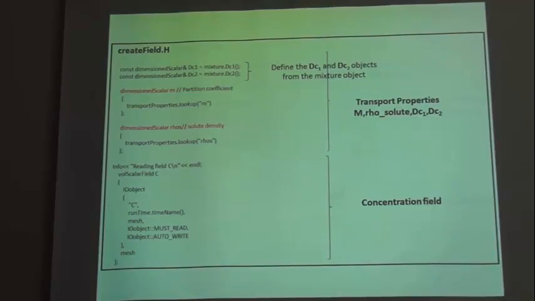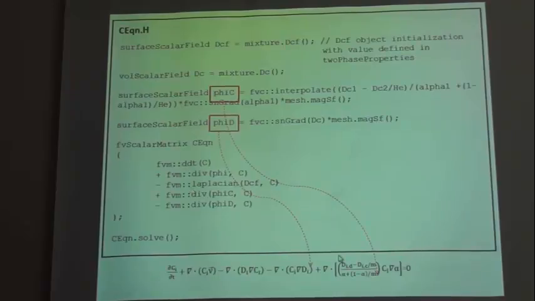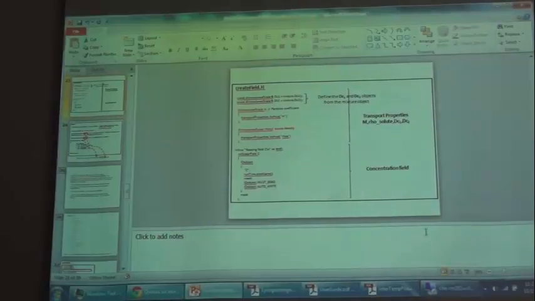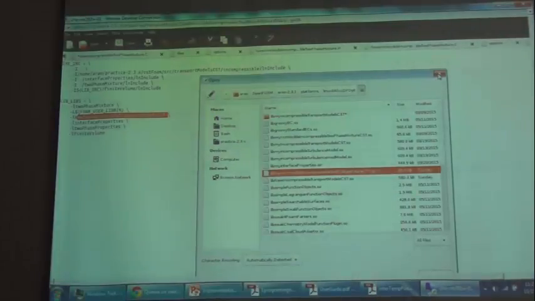So you also have to supply an additional transport property in the form of the solute density, and then you define a separate segment which basically creates a volume scalar field for the variable C, which is nothing but the concentration of the species and molecules. If you want to have a look at that,